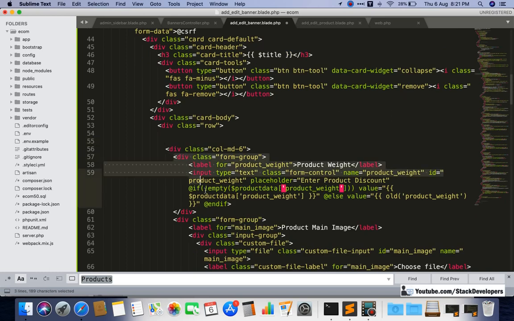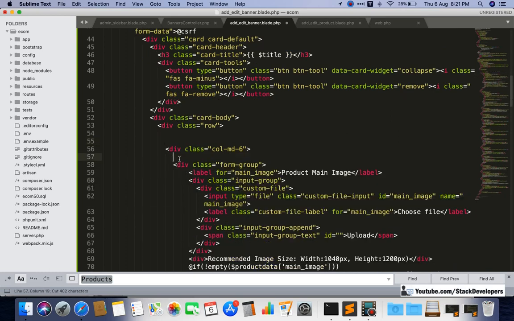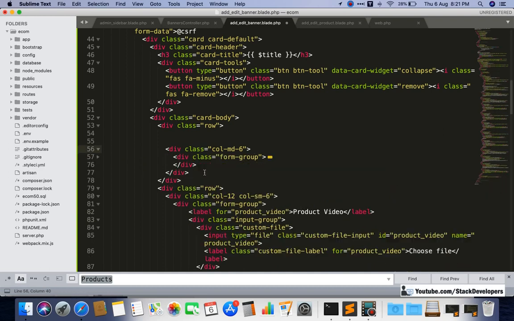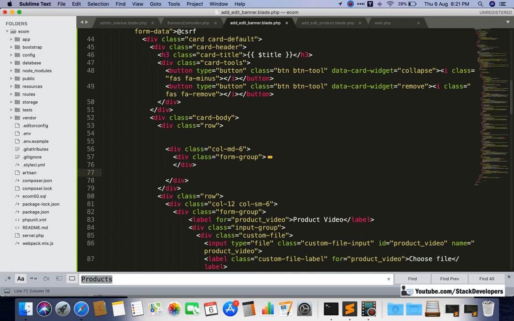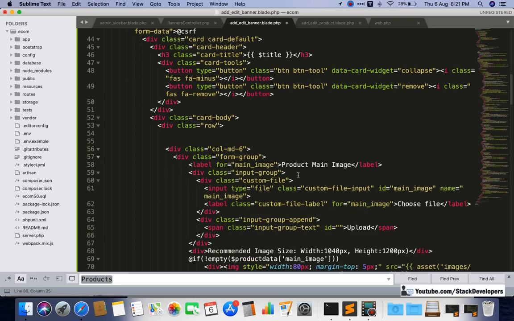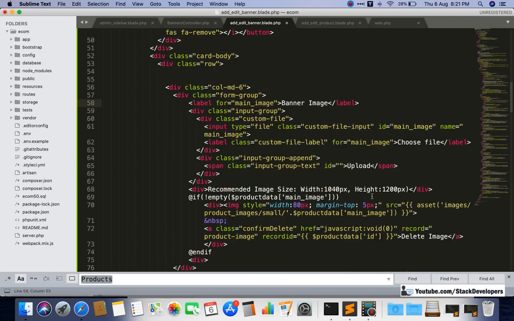Okay, so I will give the first field as image. This I will use as the first field, and this one is our image. And after that, here I am going to add banner image, and here I am going to keep image only.